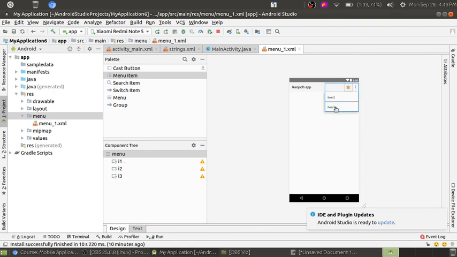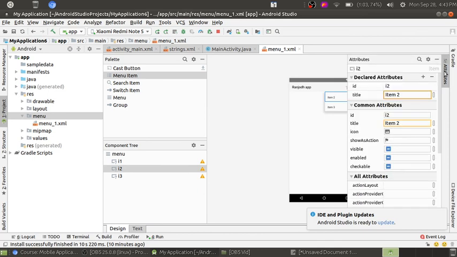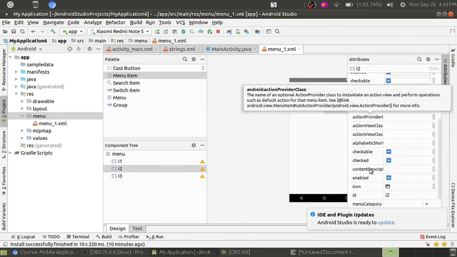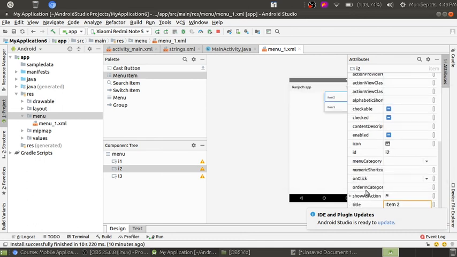If you want item 3 to be on top of item 2, what you can do is select one more thing. Under all categories, there is an option of order in category, which means the priority you want to set. The minimum priority is on the top of the list. Suppose I want to give the item, suppose 34.